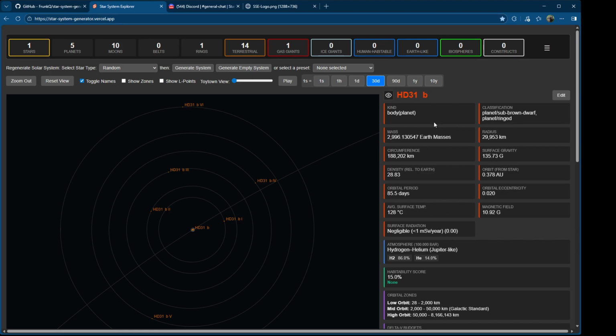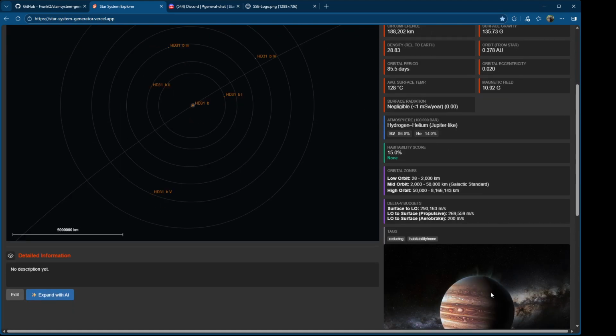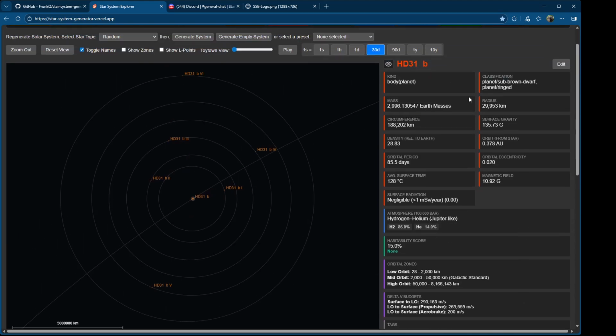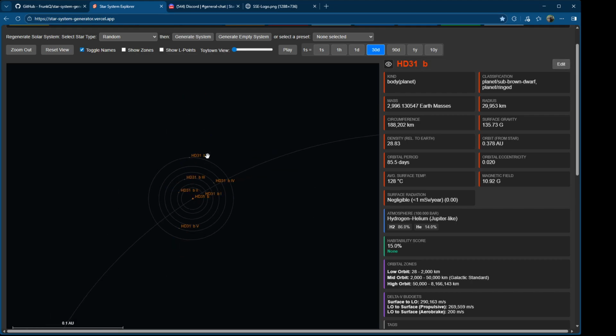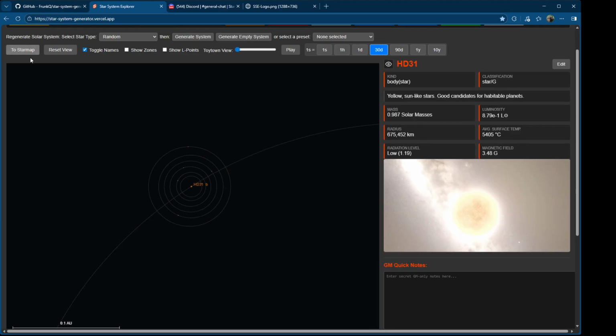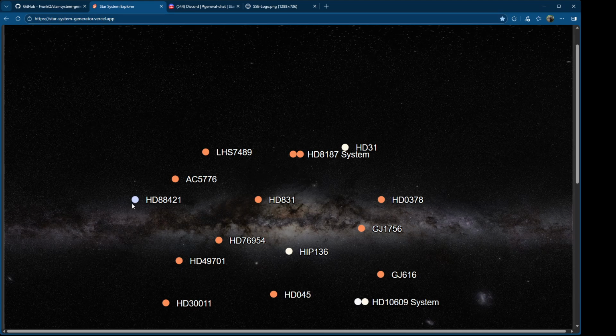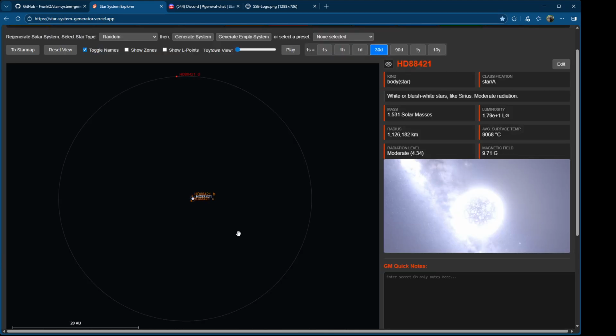So this is getting dangerously close to a Jupiter-like, and this is a Jupiter-like planet here. And so you can zoom around, and I can hit zoom out, and it'll always go to the next one in the hierarchy, and then zoom out again. You can use your mouse. Here's a typo star. These tend to be much quieter systems with less stars in,